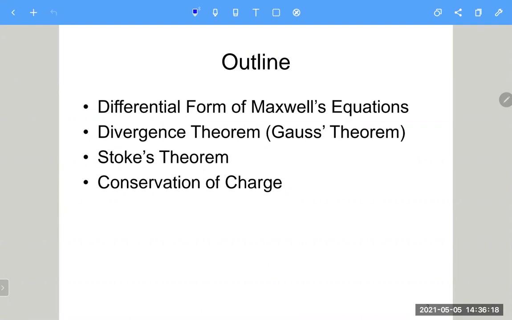You know two of the laws in the Maxwell equations are called the Gauss law. So the Gauss theorem should be related to the Gauss law. Also, we have the Stokes theorem. And you can simply imagine that the Stokes theorem should be related to Faraday's law and also Ampere's law. And finally, I will also talk about the conservation of charge, because in chapter 29, we